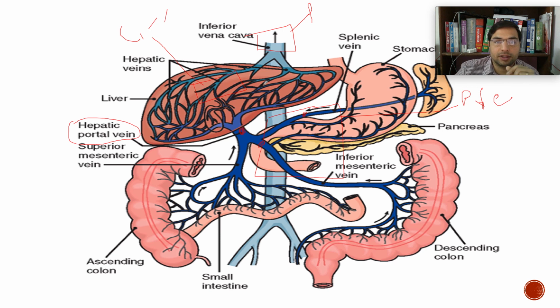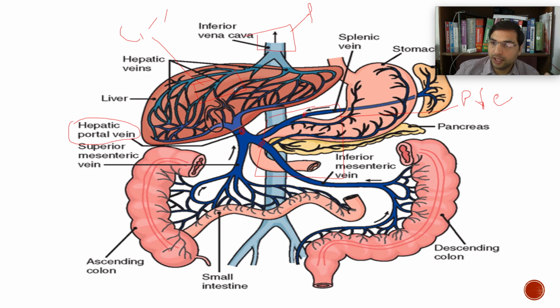So cirrhosis, if the liver is having cirrhosis, what will happen? We have learned that cirrhosis is the formation of fibrous bands and hepatic regenerative nodules. The fibrous bands could be including the portal system. The portal vein could be surrounded by the fibrous bands, or